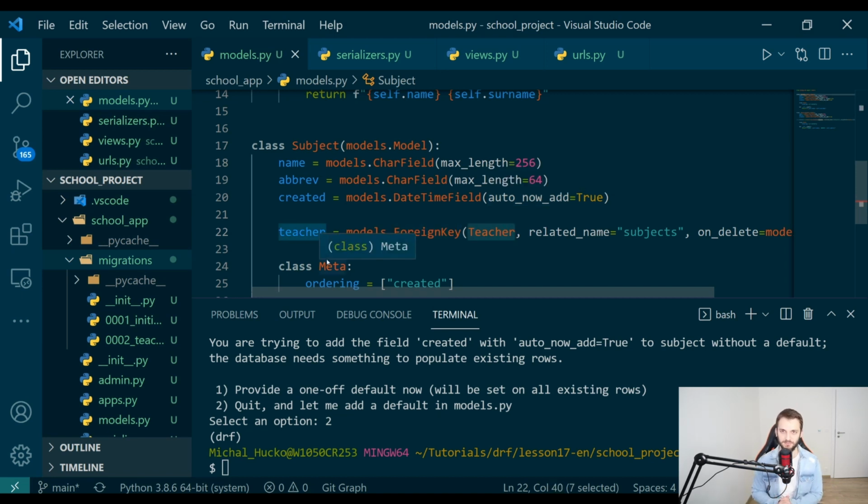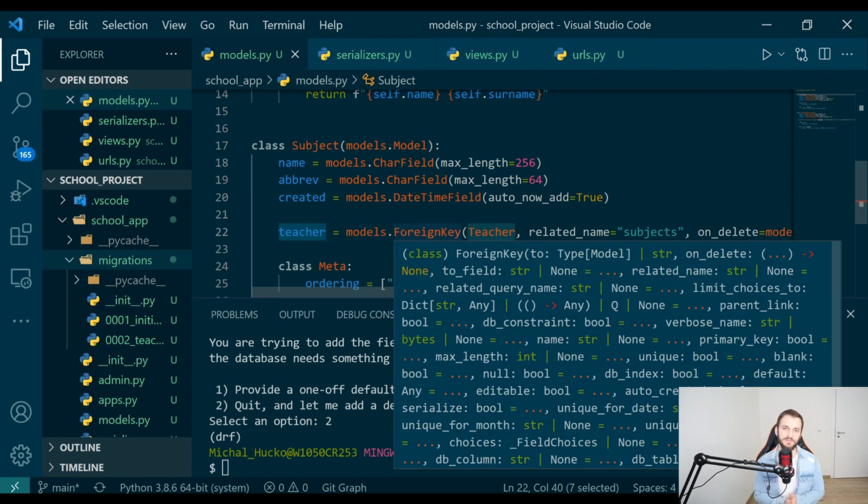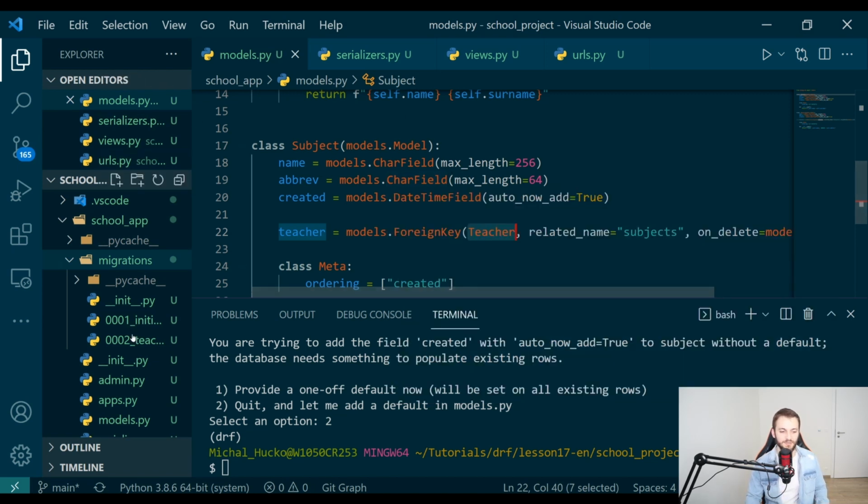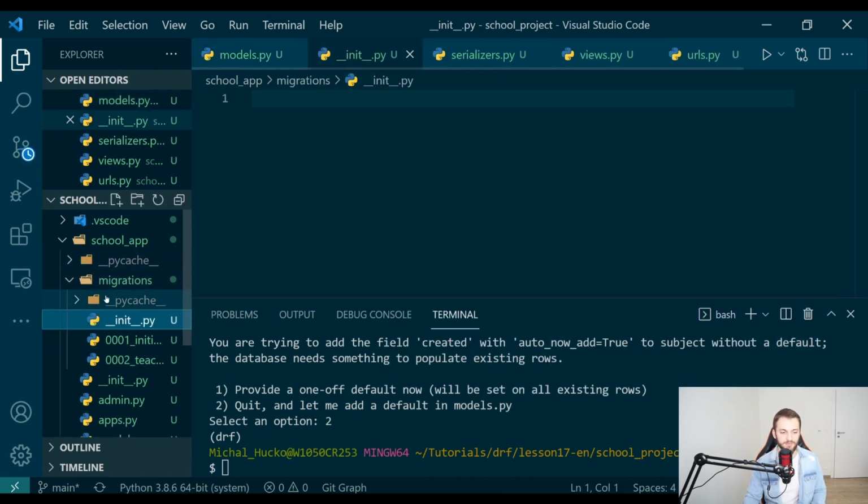Or you can just give up on this rule that every subject needs to have a teacher, and say, of course, there can be subjects without a teacher, where the teacher will just be null, and later you will just add the teachers. So it's up to you, but this can get quite complicated, and it really depends what you have in the database. So I decided, okay, I will stick with a simple solution,